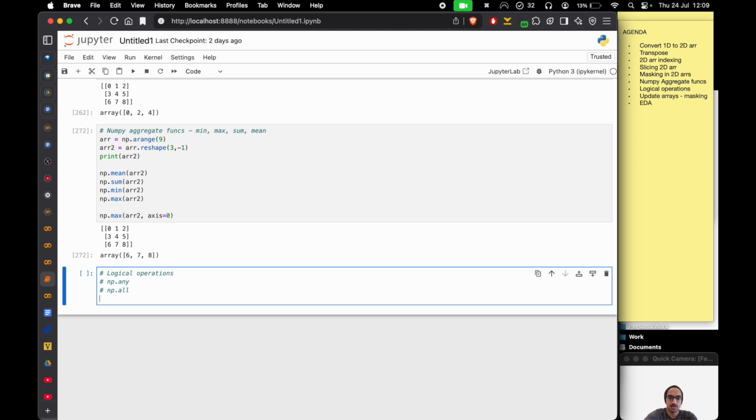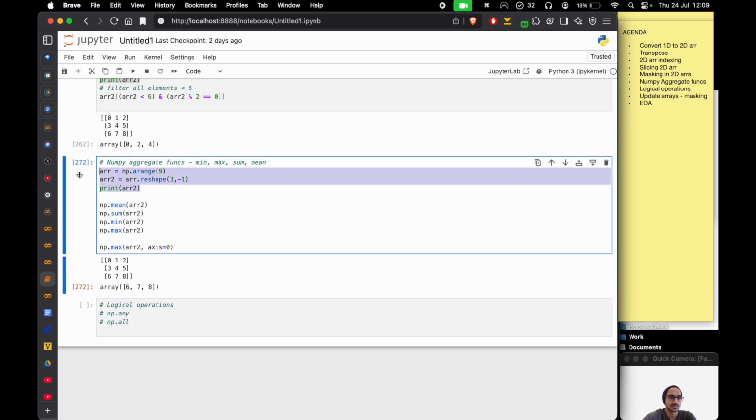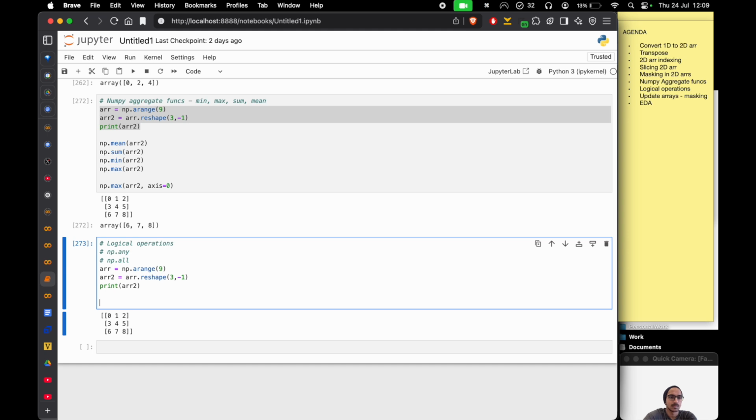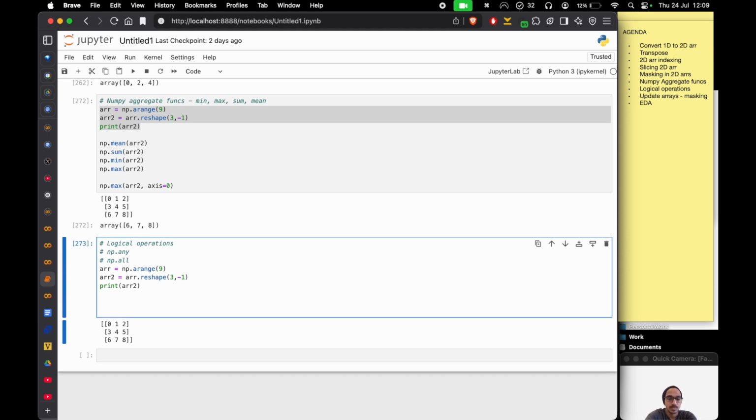The idea for np.any is we want to check if any of the elements in the list are, let's say, matching a particular value or less than a particular value. Suppose we take the same array. The return value for np.any is a boolean, so we use it for logical operations. So something like: if np.any